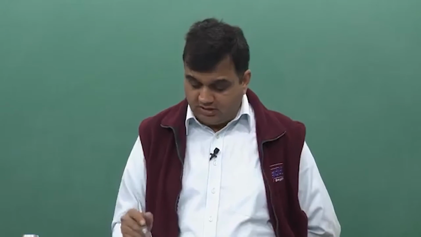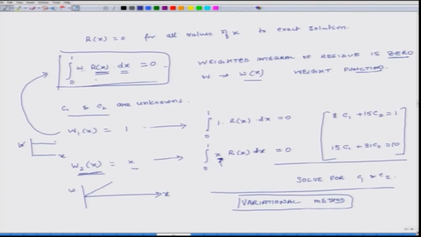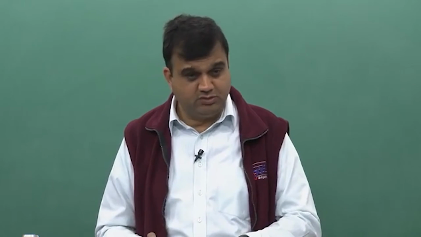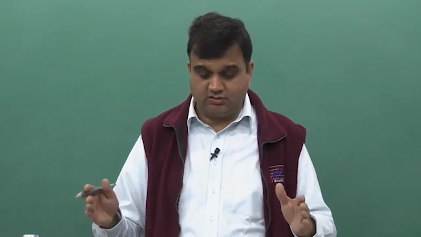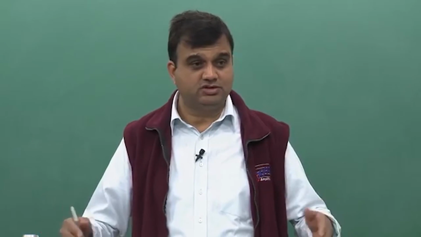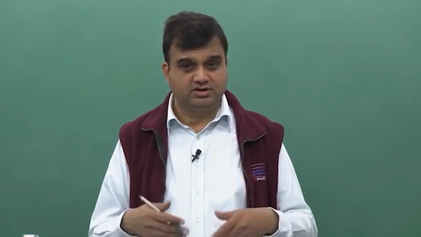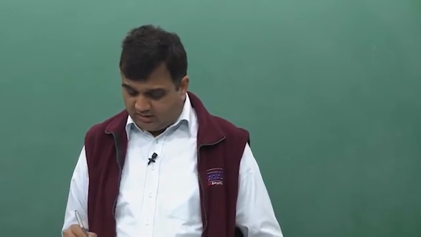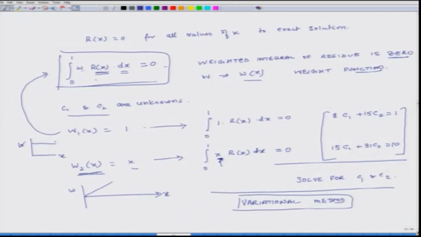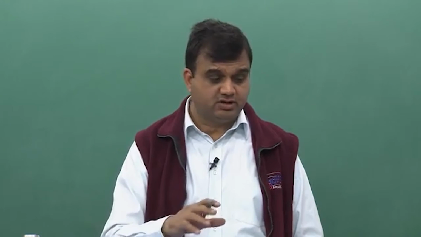So, here we had done the mathematics for the whole domain. In finite element, we do it element by element, same method. We find residue for each element, multiply it by weight function, integrate it, get equations at element level, find all the element equations, assemble them, apply boundary conditions, then solve it. That is the thing. So, this is called the variational method, and as I mentioned earlier, there are different ways to pick up weight functions, and that is why there may be several flavors of variational method.